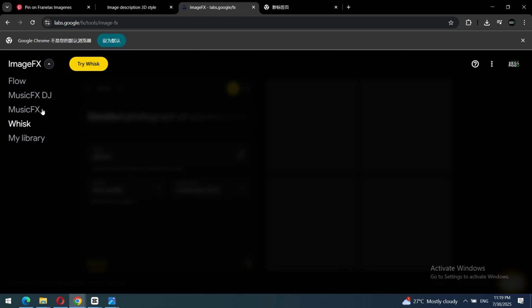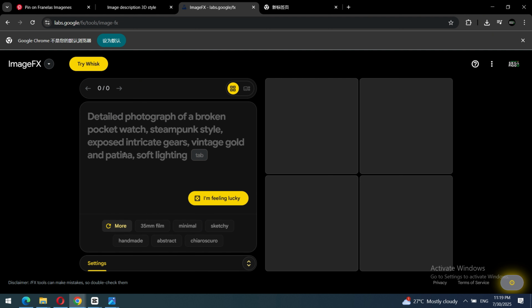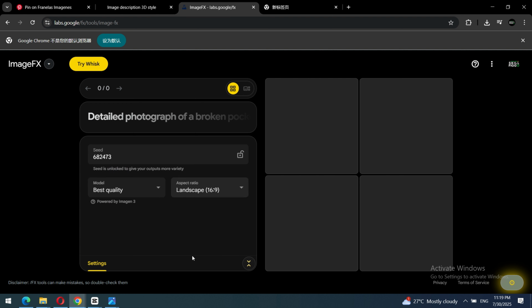So what we want to do now is I'm showing you around. These are the features on the app. You can see we have the try weeks. This is another app embedded into this app. This is where you put your prompts. This is the prompt area where you put your prompt, and if you click on this button here that I'm hovering my mouse on, you can adjust some settings